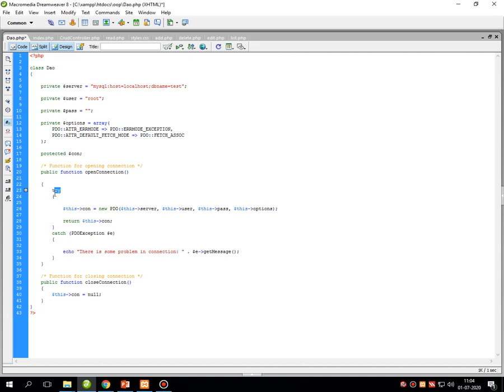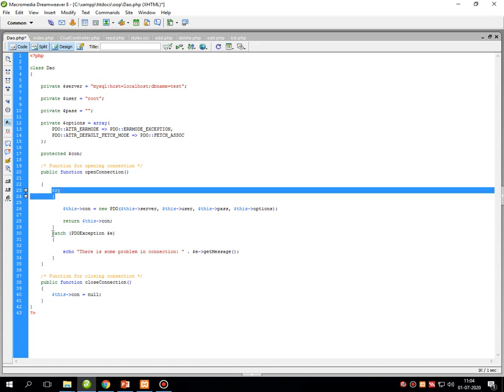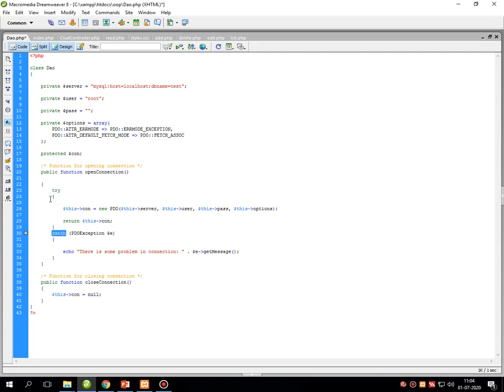In that I have written a try and catch. Try and catch is generally used for handling exceptions in object-oriented programming languages. In try, there are an opening bracket and closing bracket. In this I have written $this reference to connection.